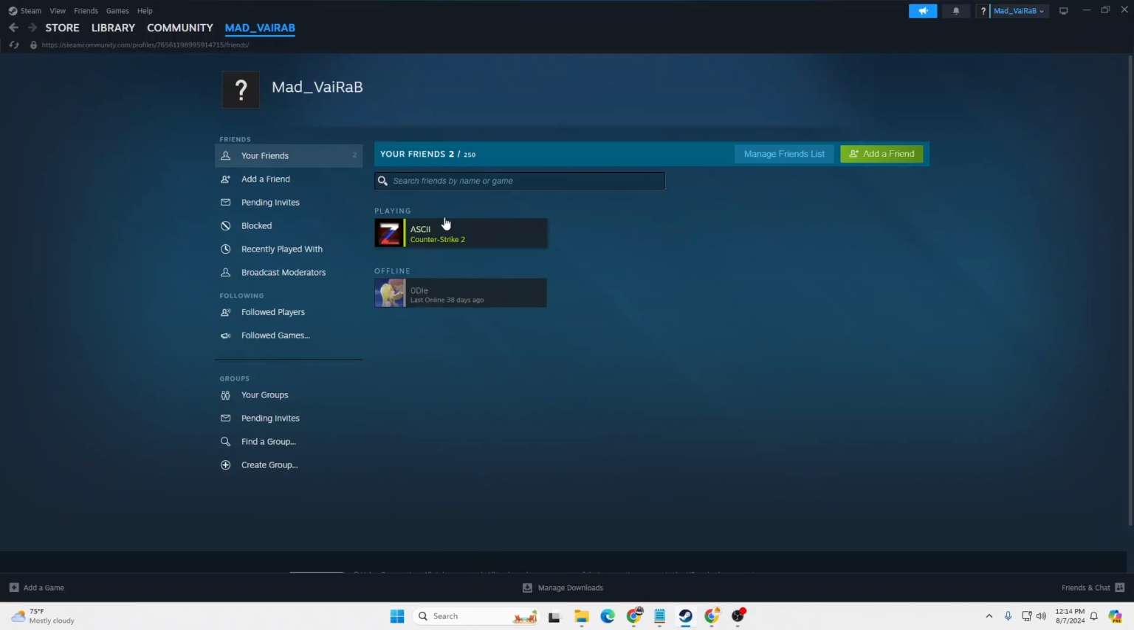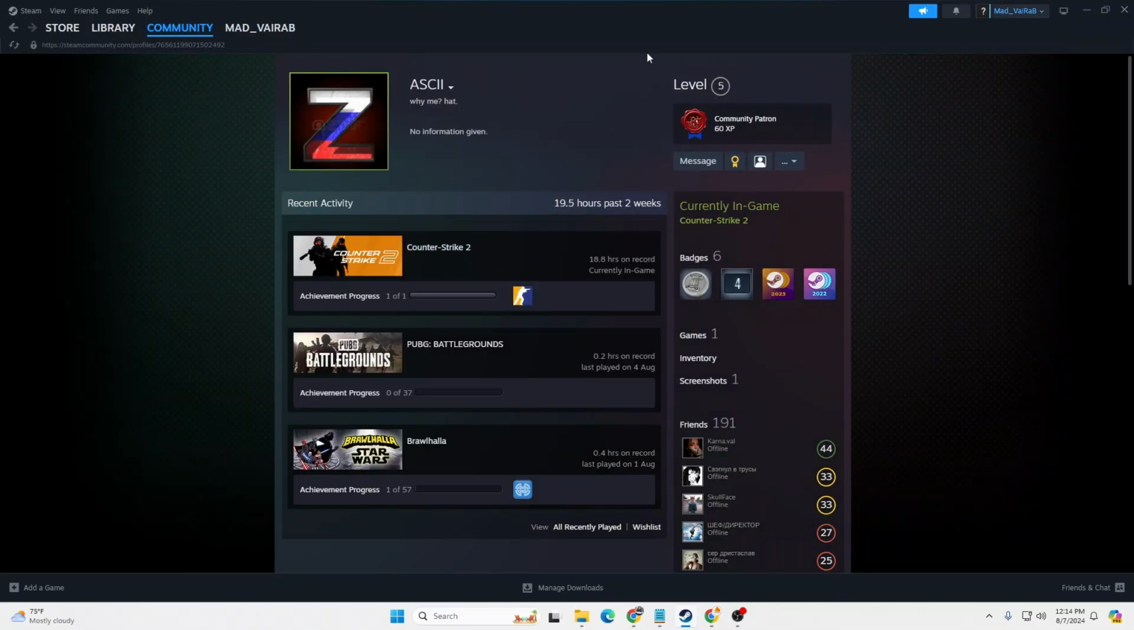Now in order to block a person from this list, click on the person whom you want to block and their profile will open like this. Now in order to block this person on Steam, at the right side or the top right corner over here,